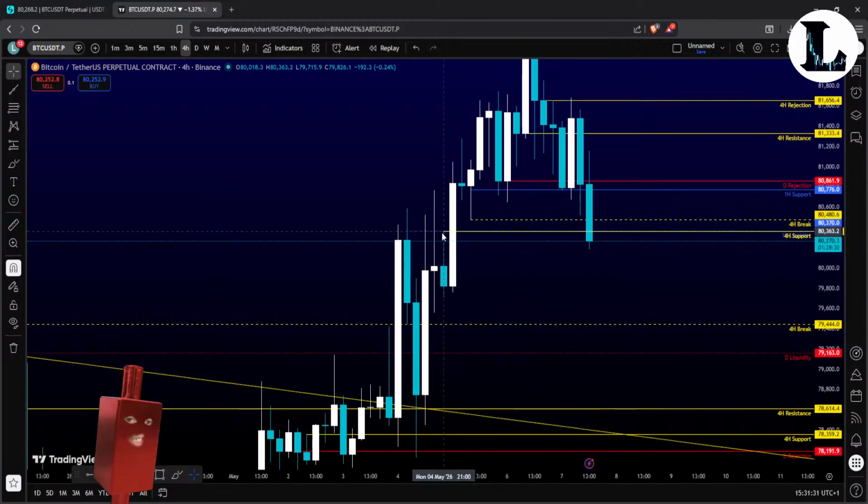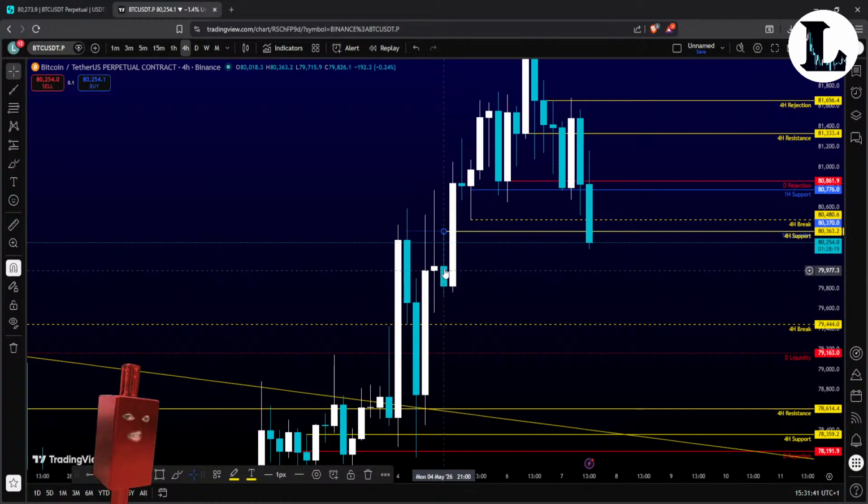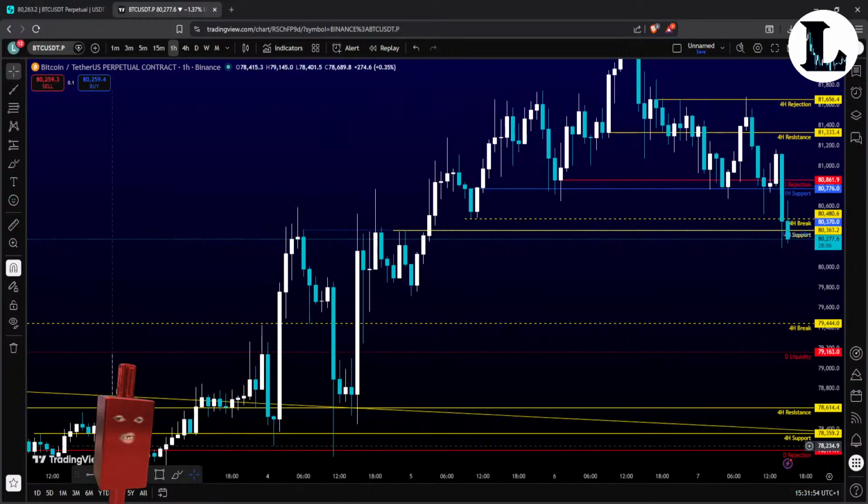It's not that strong for me because to be a strong candle of support, we need a bull candle followed by 2 white candles, and the price needs to break the body. The price here breaks the body, but we just have a one white candle. Okay, so I'm gonna mark the wick to find the 1 hour. I already know where that is, but just to show you guys.